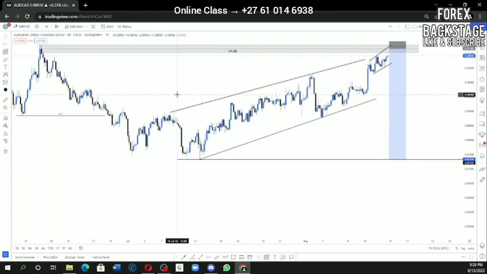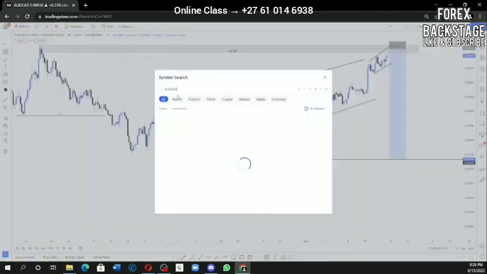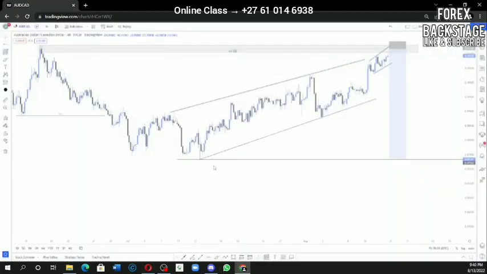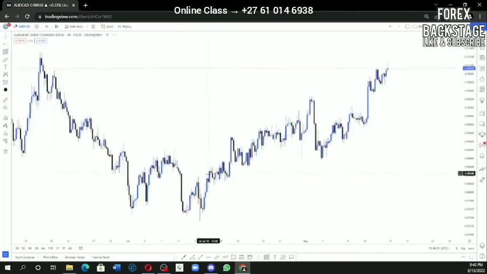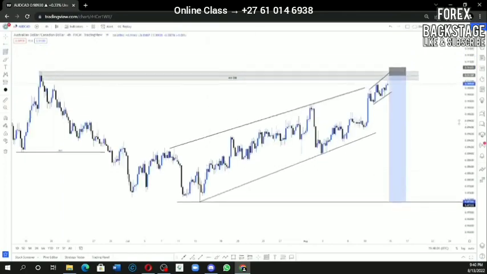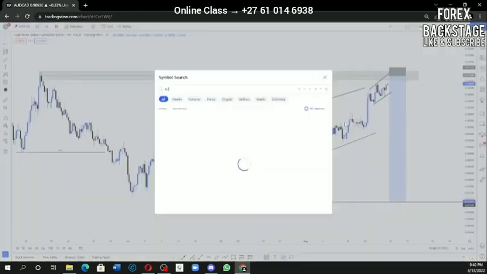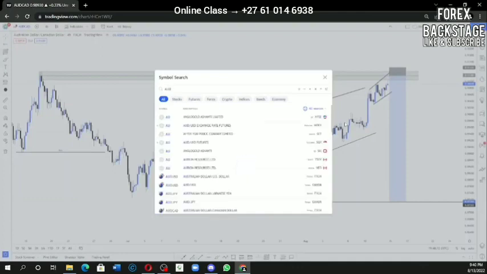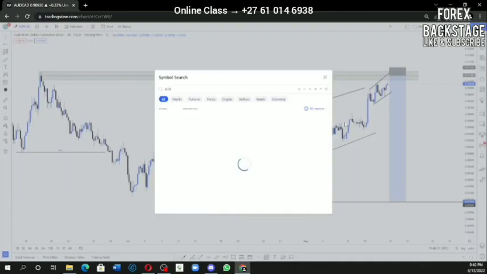The other one that we have on our watch list is AUD CAD, almost the same setup as this one. Let me quickly take you to it. No, I think I did AUD CAD already, I'm sorry about that. Let's look at USD. No, AUD USD, I'm sorry about that. AUD USD,